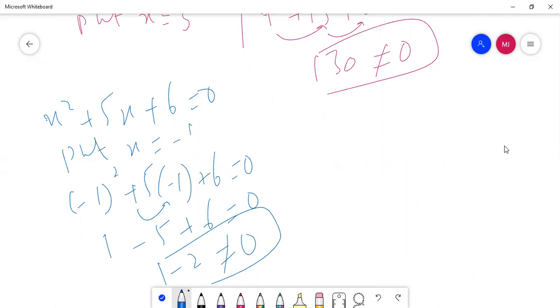There can only be two possible values of x which will be satisfying our equation, because the highest power of the variable is 2. So there must be two values of x which will be satisfying our equation, and those two values are known as roots of the equation. Roots are the values of x or variable of a quadratic equation which will be satisfying the equation.